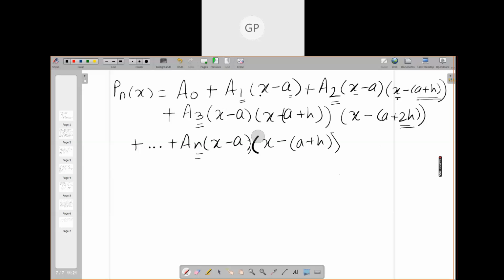तो जब यहाँ पे n है तब आपका ब्रैकेट कहाँ तक जाएगा? ये प्रोडक्ट कहाँ तक जाएगा? Do you understand what I am asking? See, a2 term, when it is a2 term, then you have x minus a, and for the last x minus a plus n minus 1 h. Your first value is a plus h. Next will be a plus n minus 1 times h, and the last will be a plus nh, right?